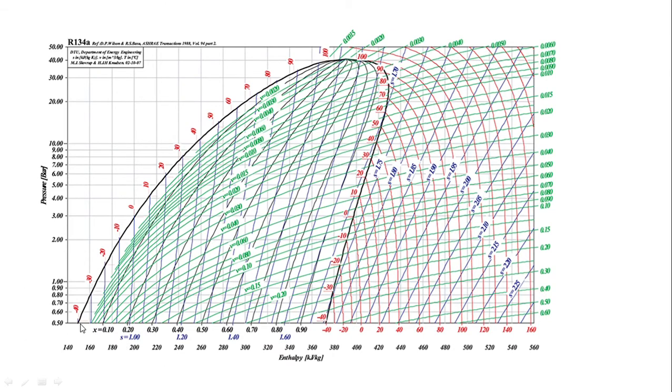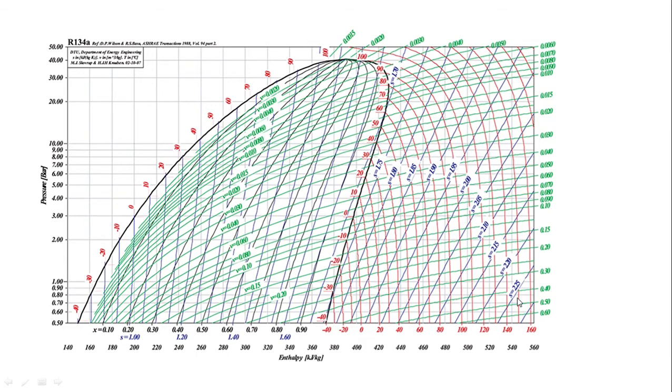So you can see that the pressure is on the y-axis and enthalpy is on the x-axis. If you want to find out the pressures, let us consider 7 bar pressure. The 7 bar pressure line is like this, and it will be a horizontal line. The 3 bar pressure line will also be a horizontal line like this. The 0.80 bar pressure line will be somewhere here.